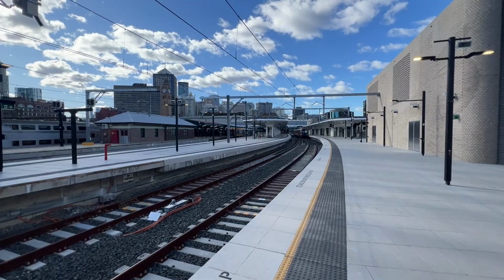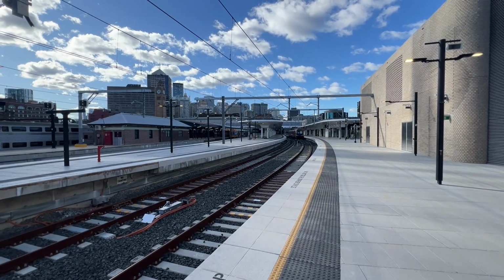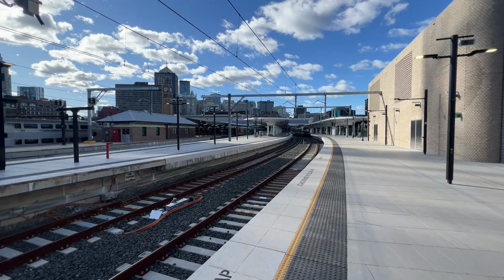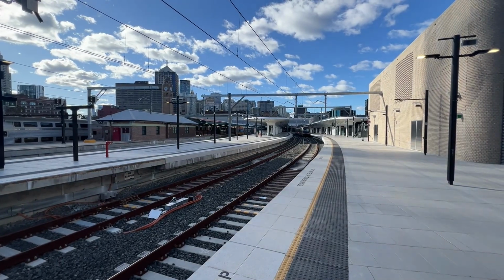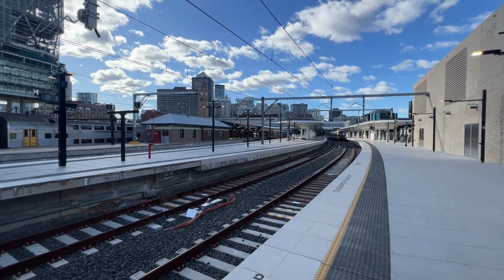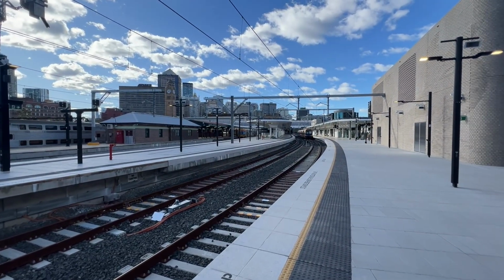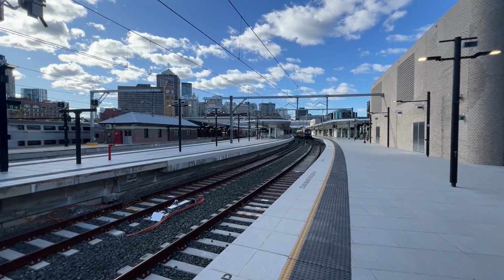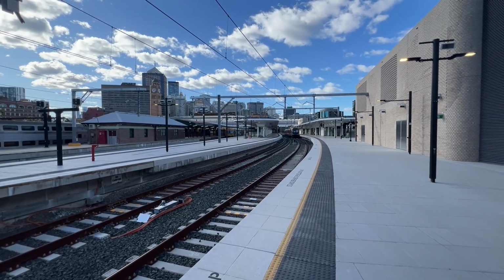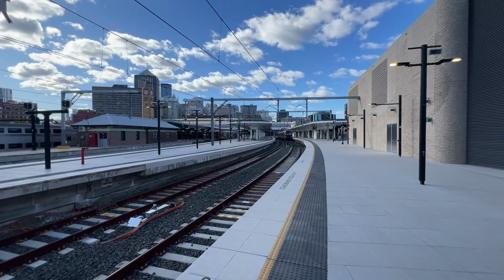On weekends, these platforms aren't used as much. However, that will vary from weekend to weekend depending on track work on other parts of the network and whether other parts of Central Station are closed. So there may be weekends where more trains use these platforms, particularly on weekends where the City Underground is closed